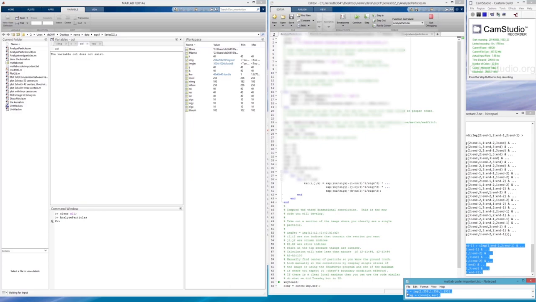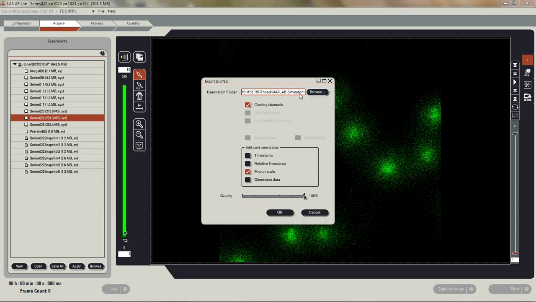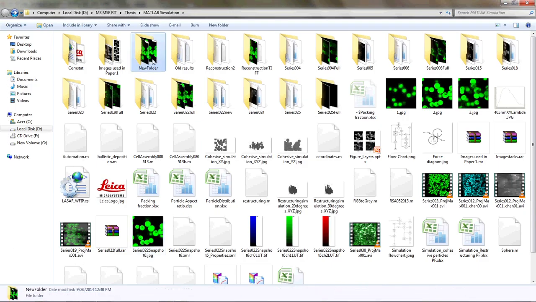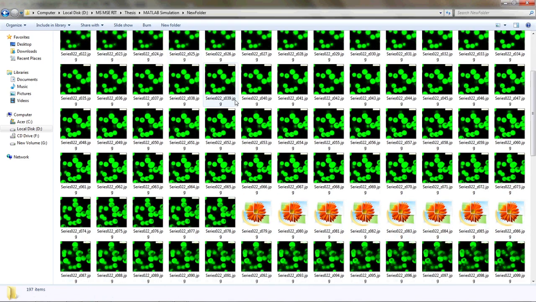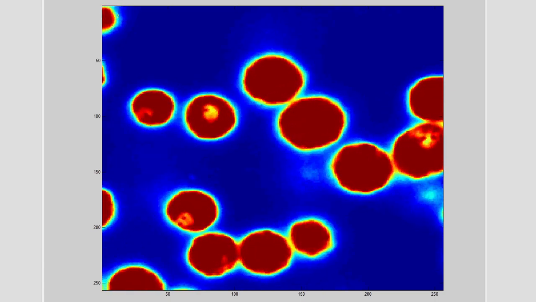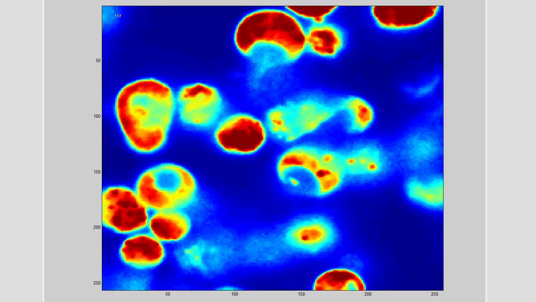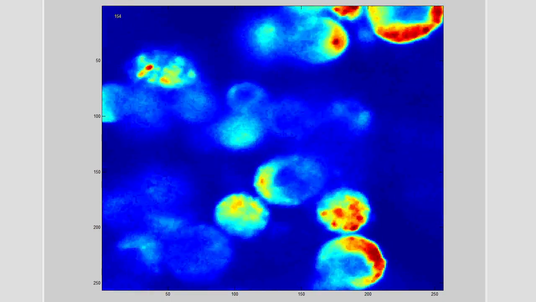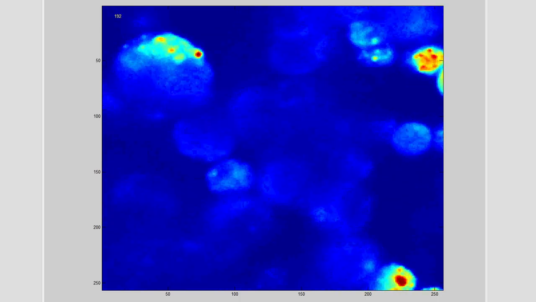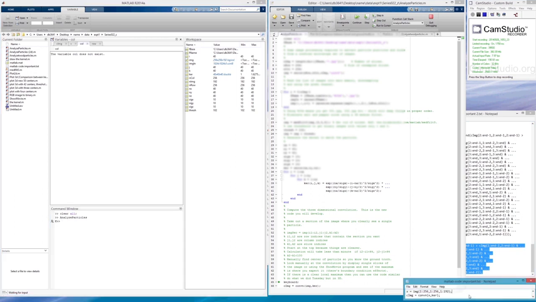For the second methodology, I generated a 3D Gaussian kernel to detect the xyz coordinates for each particle. At first, also from Leica software, I exported a stack of all the images into one folder. And in MATLAB, I created a short movie showing how the particles are shown in different layers. Then I used MATLAB to read all the images and build a 3D matrix with all the pixel values and